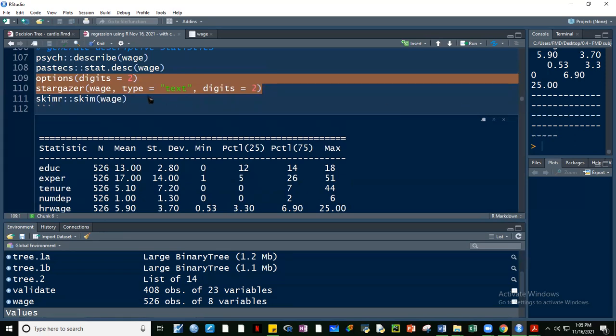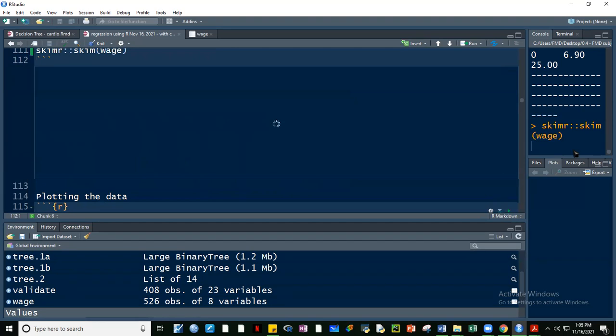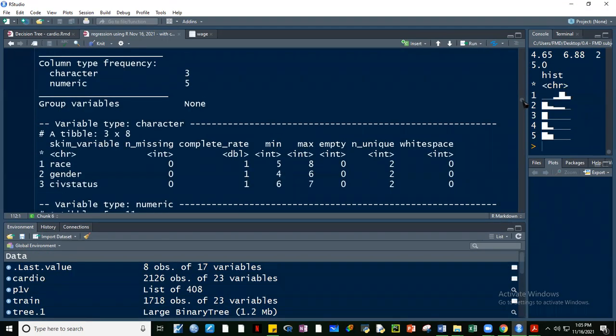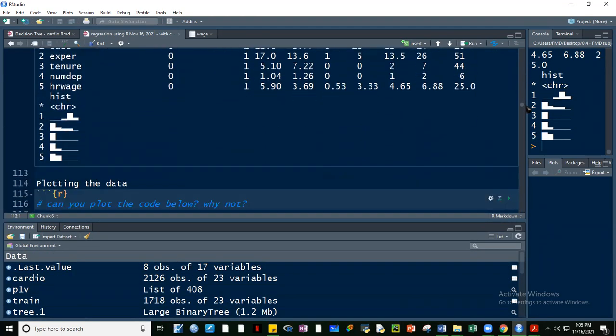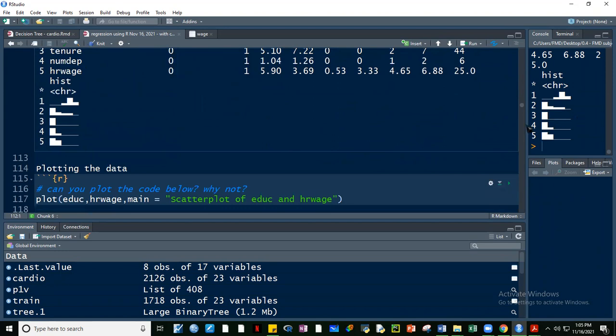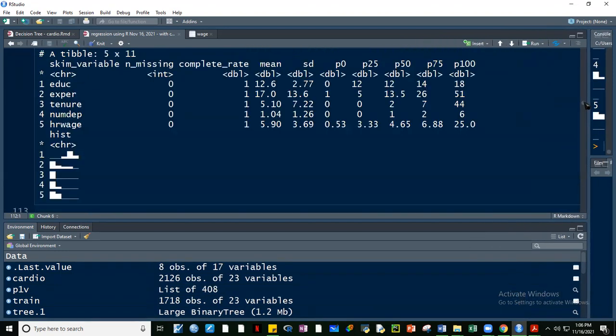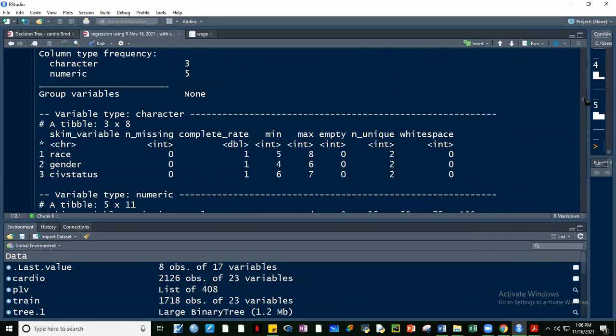Okay, then another one, itong skim from the skimr package, yung skim. I also like this, I like the skim function. Okay, ito yung skim function, guys. Meron pa siyang konting histogram, no? Okay, so let me increase the width of the